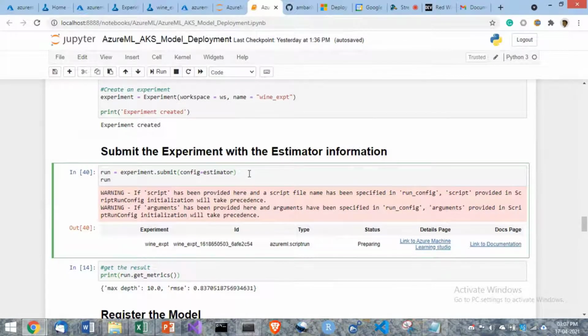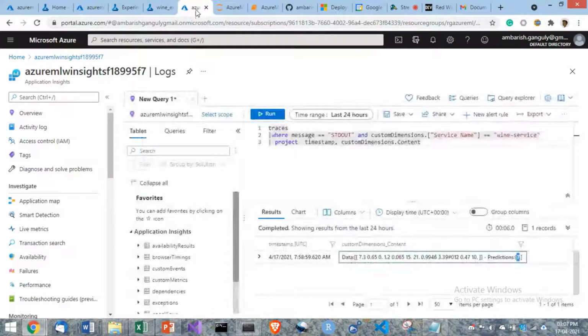It will have the model, it will have the estimator, it will have everything. So we will have the estimator, and we will submit the experiment. We can see the experiment out here.